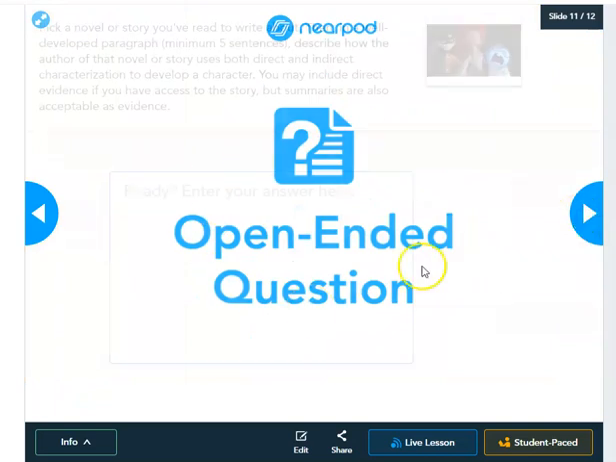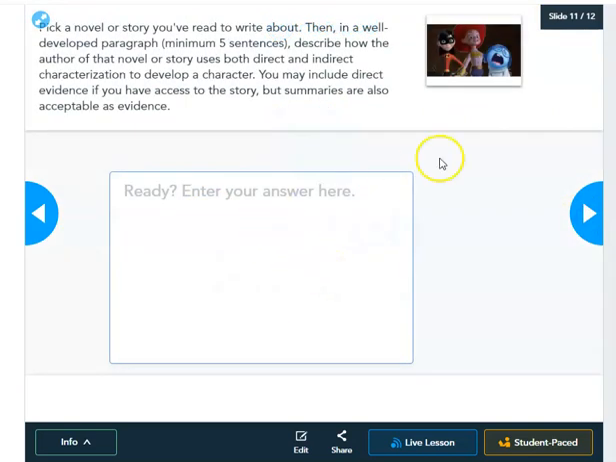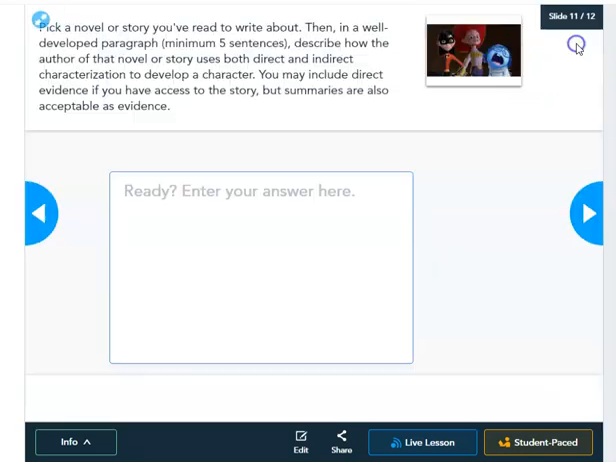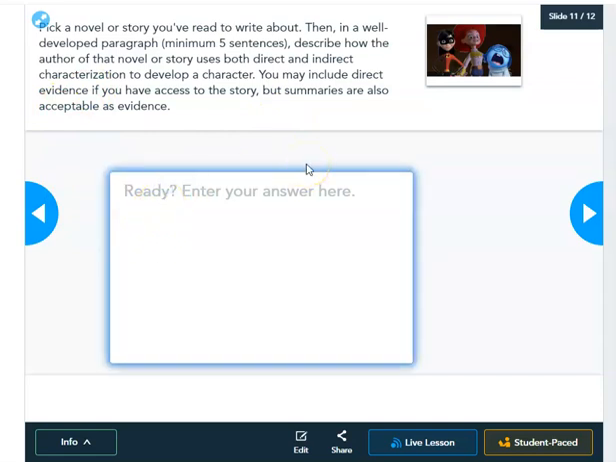Here's an open-ended question. Make sure you're waiting for the animation to go through. And we have a little picture with this one with some memorable characters you can think about. So it says, pick a novel or story you've read to write about. Then, in a well-developed paragraph, 5 sentences at least, describe how the author of that novel or story uses both direct and indirect characterization. You can also have direct evidence if you have access to the story, but summaries are fine. So again, if you want to talk about Okonkwo,